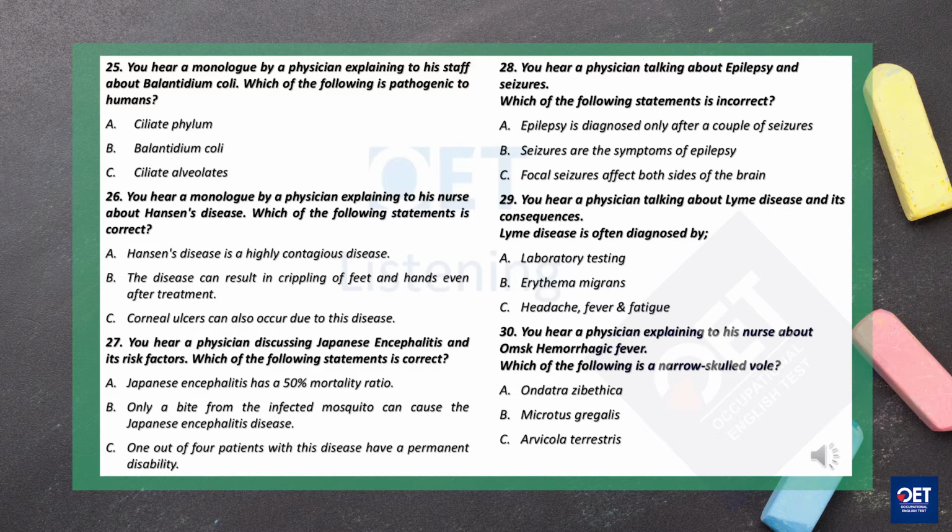Common rodents infected with the disease include the muskrat or Ondatra zibethicus, water vole or Arvicola terrestris, and narrow-skulled voles or Microtus gregalis. However, muskrats are not native to the Omsk region, but were introduced to the region, and now they have also become a common target for hunters and trappers. Muskrats become ill and die when infected with the virus. OHF occurs in the Novosibirsk, Western Siberia regions of Omsk, Tyumen, and Kurgan.